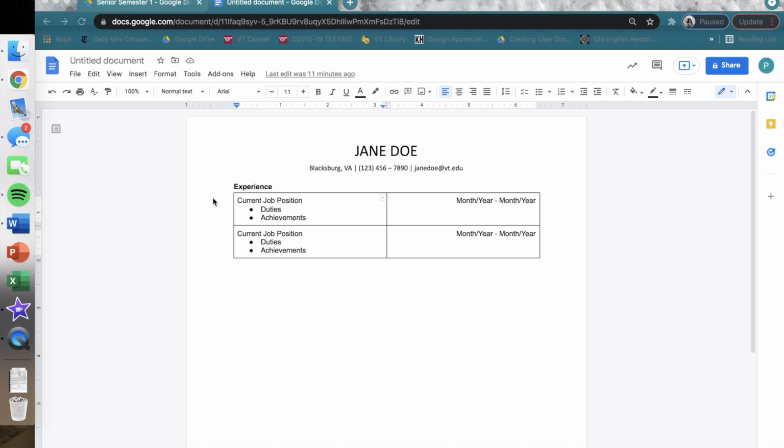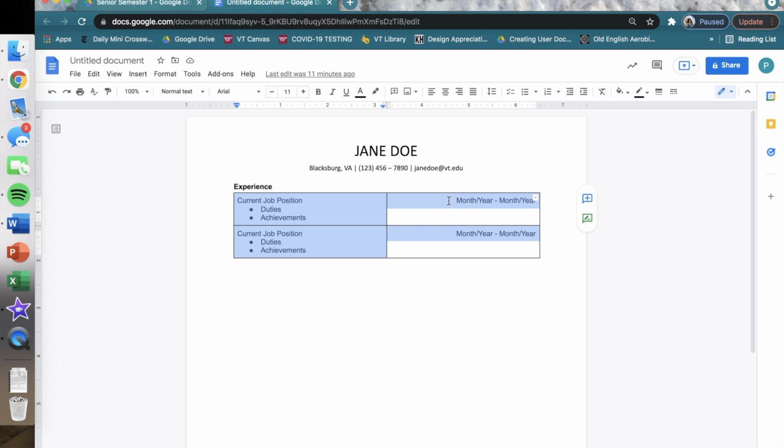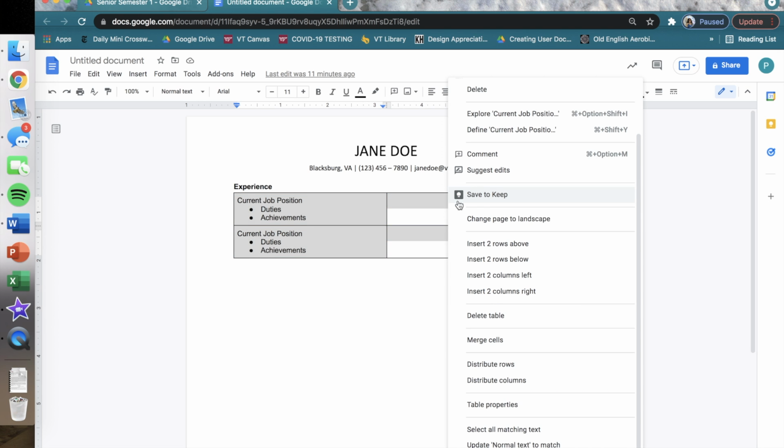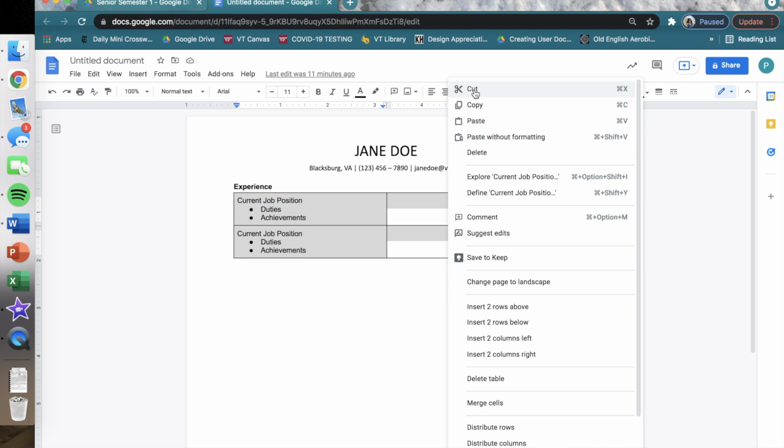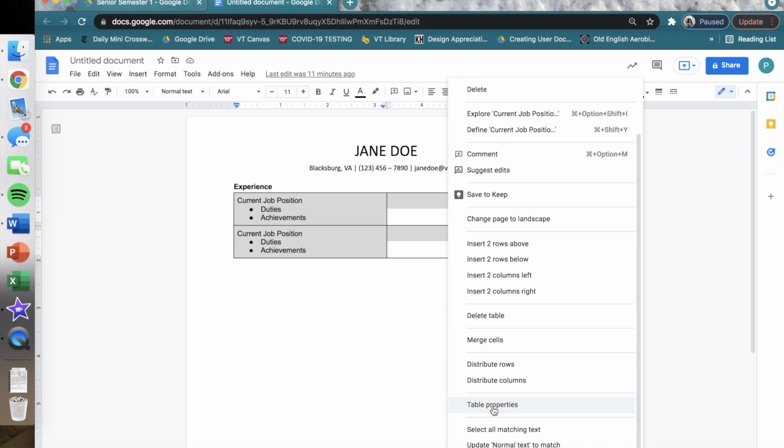It is important to hide the table so there aren't a bunch of boxes in the document. The resume would look very busy and too chaotic. To hide the table, you will highlight the entire table so it is covered in blue. Then, you will right-click on the trackpad or mouse. A drop-down menu will appear starting with Cut, Copy, Paste, etc. You will need to scroll down in this drop-down menu until you see Table Properties.